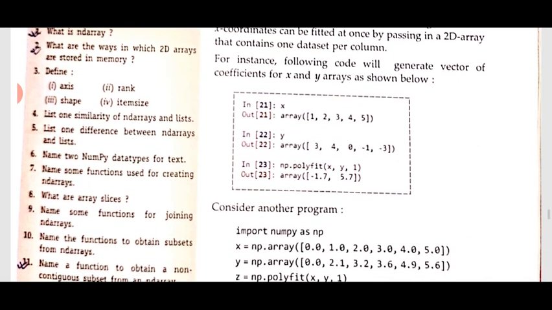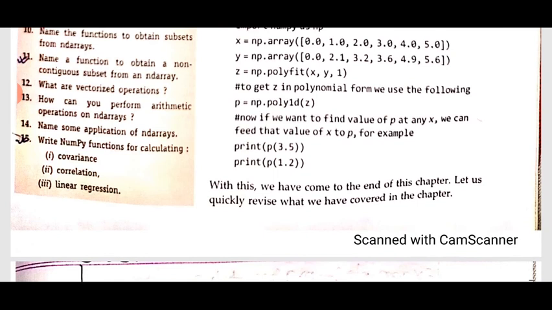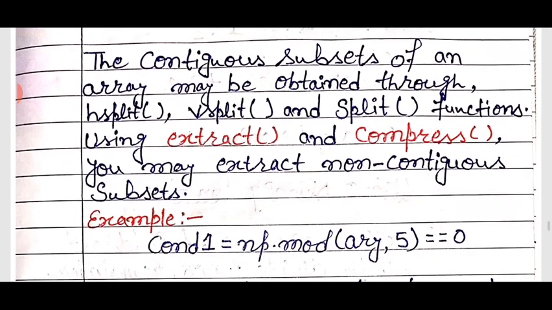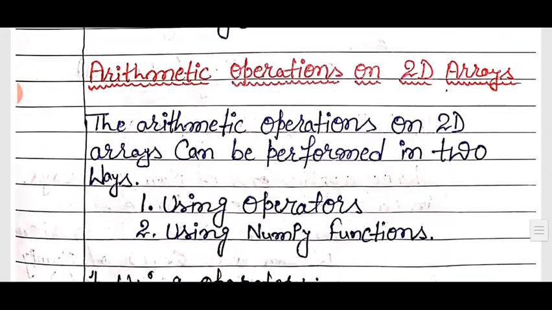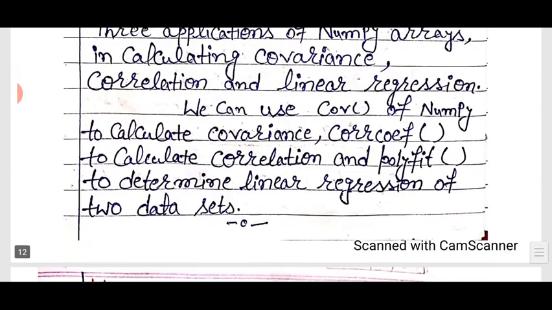So using these 3 functions we can easily find out linear regression, the correlation and the covariance. So here, go through the notes, update your notes, and do the homework given in the PDF.